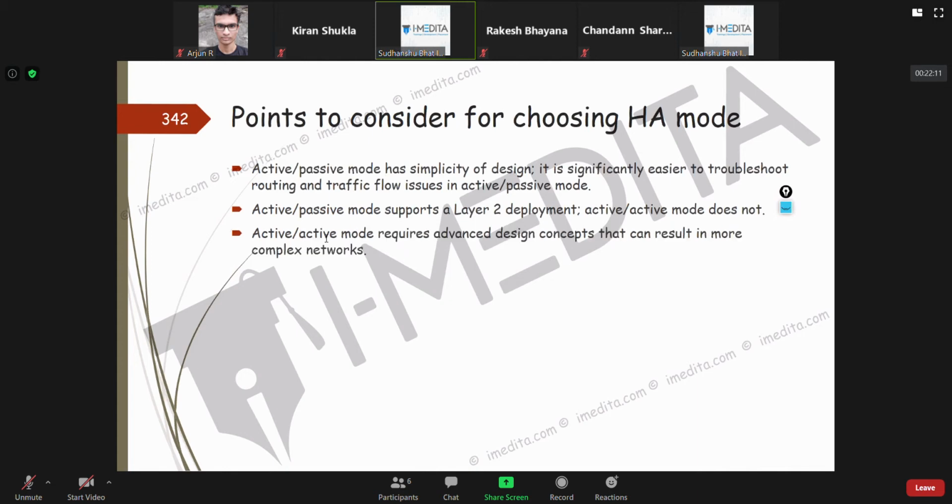Also, like I told you, active-active mode requires advanced network design concepts, like asymmetric routing. What I mean by asymmetric routing is that traffic goes through one path and comes back through another path.